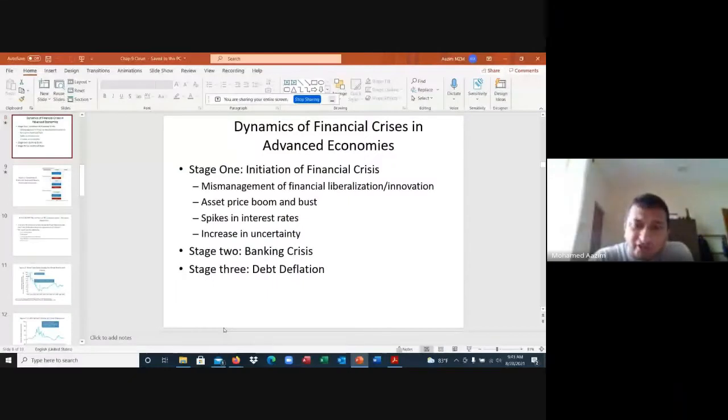We will explain those, how the collateralized debt obligations were developed by these financial markets, financial innovation. Financial liberalization effectively further enhanced the riskiness of some of those financial assets,